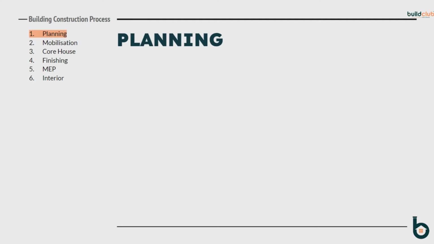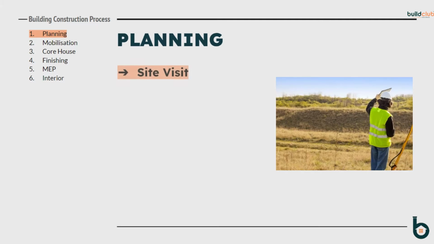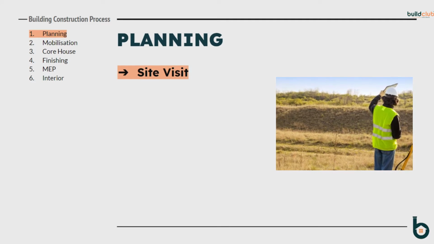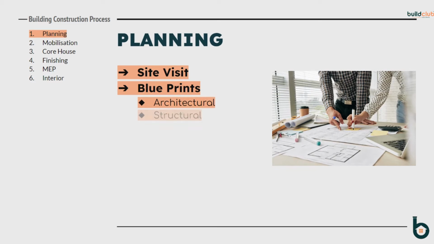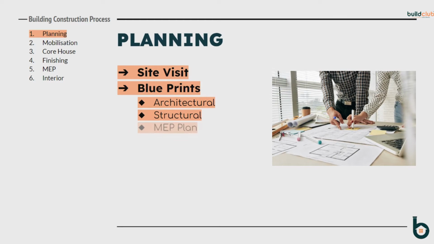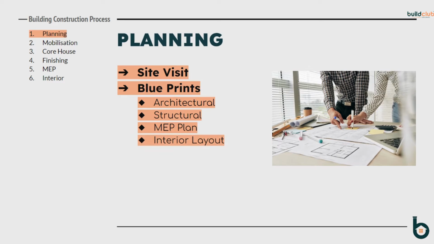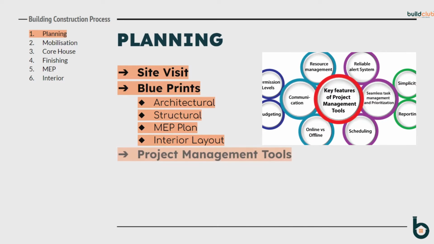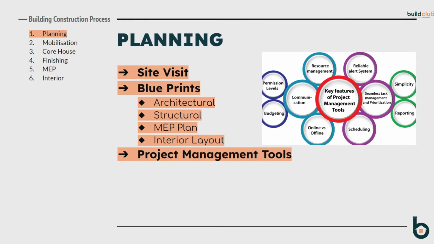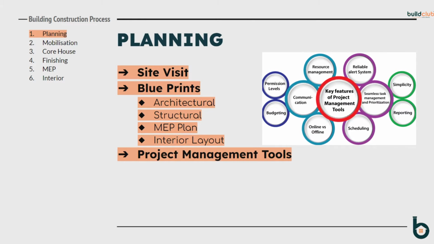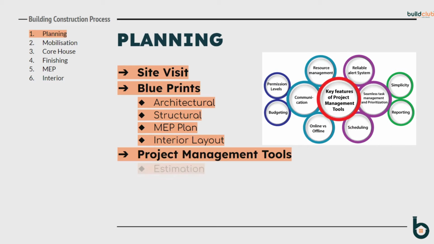First phase is planning or pre-construction activities, which includes activities like site visit and blueprints preparation. Under blueprints, architectural plans with 3D views, structural detailing, MEP and interior layout plans are covered. The third activity in sequence is preparation of project management tools for analysis and project tracking, which basically includes project estimation